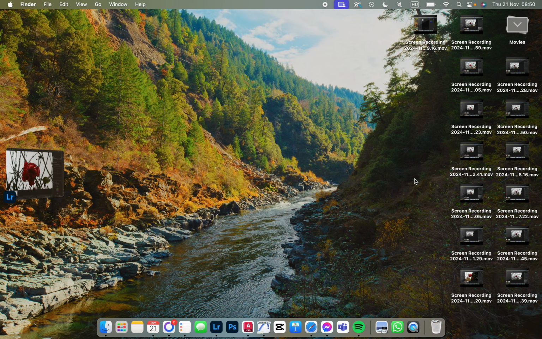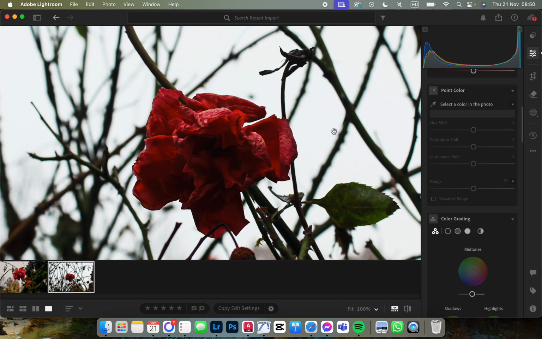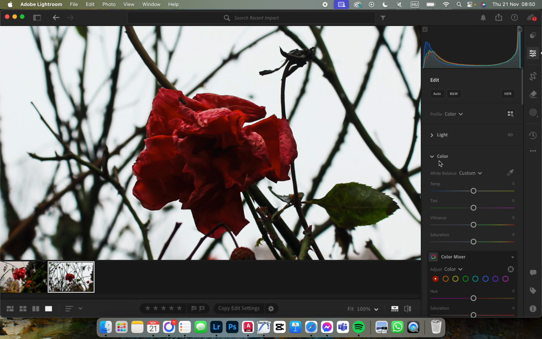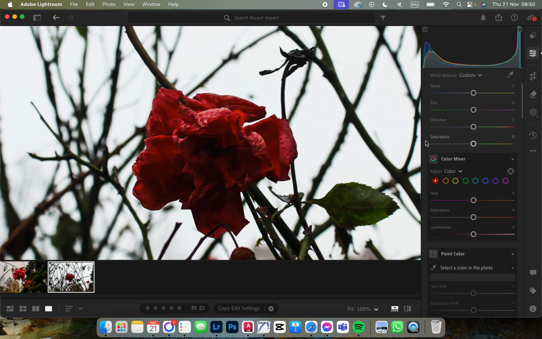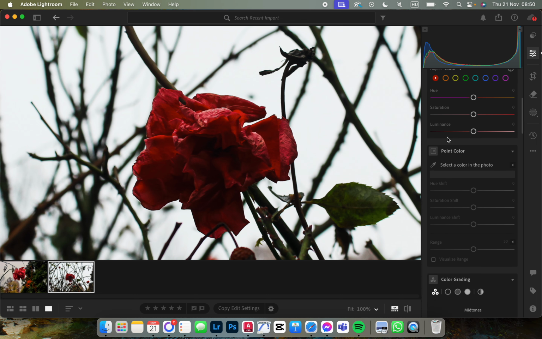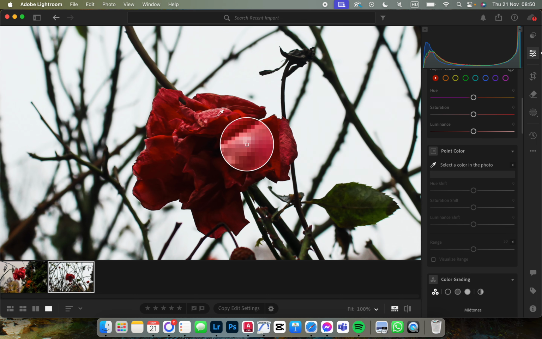I'm going to show you how to use point color in the Lightroom app. First, we have to open up the app, and here it opens up like this. From here, we just go into the right side, click on color, and here if we scroll down, we find point color. Now we click on the dropper tool, select the color,